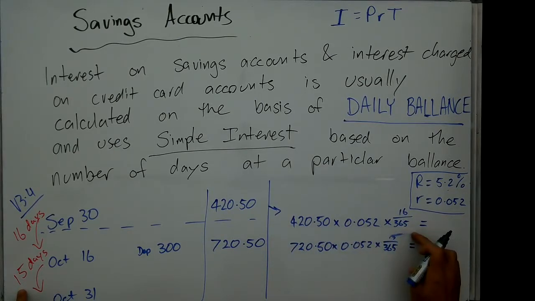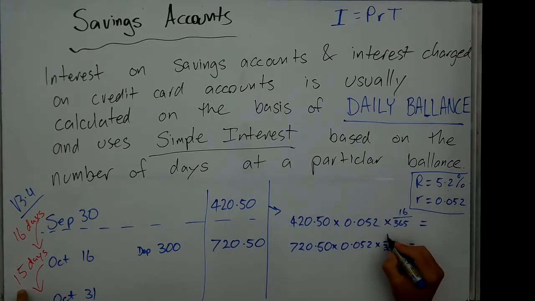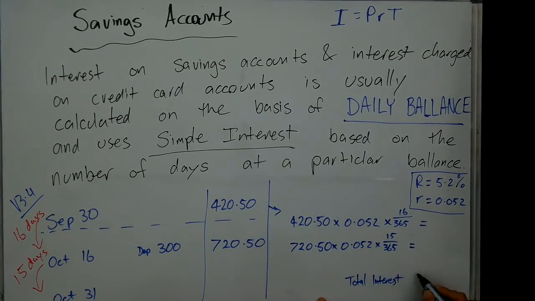So we'll do these calculations separately in the calculator, we get two amounts, and then we can add them up to get the total interest at the end. Okay, so